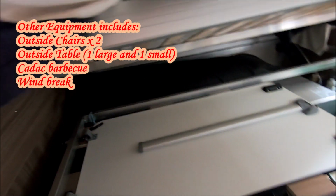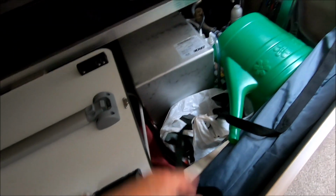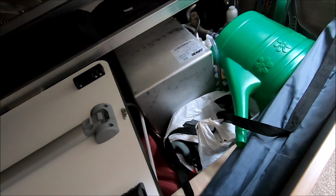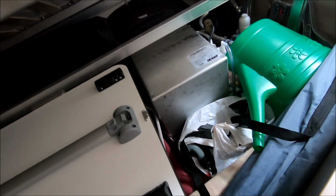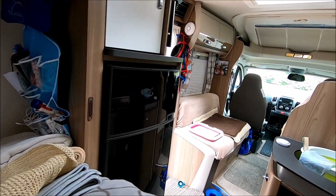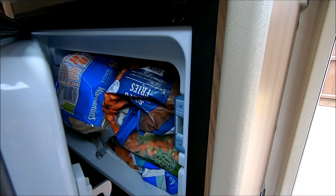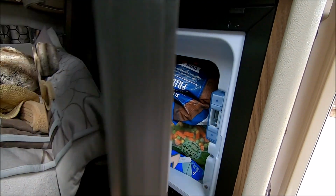of the van. And then under here we keep some other loose things like the watering can, which we use just for topping up fresh water in the van. There's a bag of shoes here, a windbreak, clothes hanger, the fridge and the freezer all topped up. Just a quick peek in the freezer because it'll all fall out. There we are, jam pack full, and